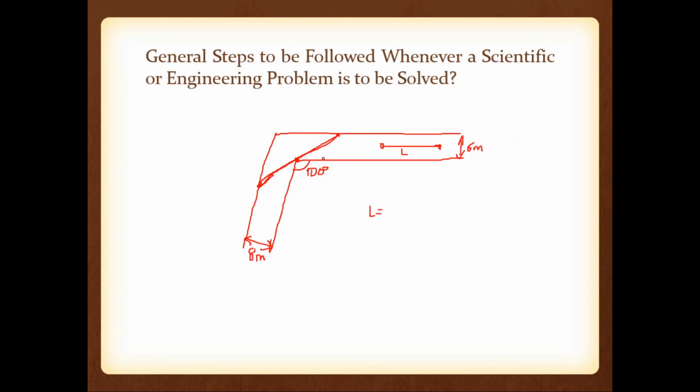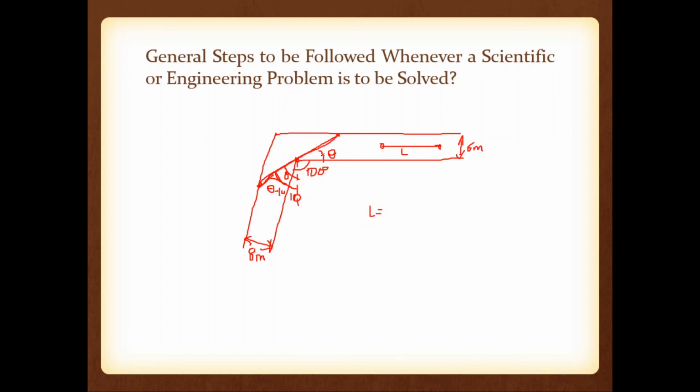Now assume that this angle is theta. So what is this angle? You can see that this is not theta, the reason is this is not perpendicular, this is 100 degrees. If you draw a perpendicular line here, then this angle is theta. So what about this angle? This is 100, this is 90, so this angle is 10 degrees, meaning this is theta minus 10.